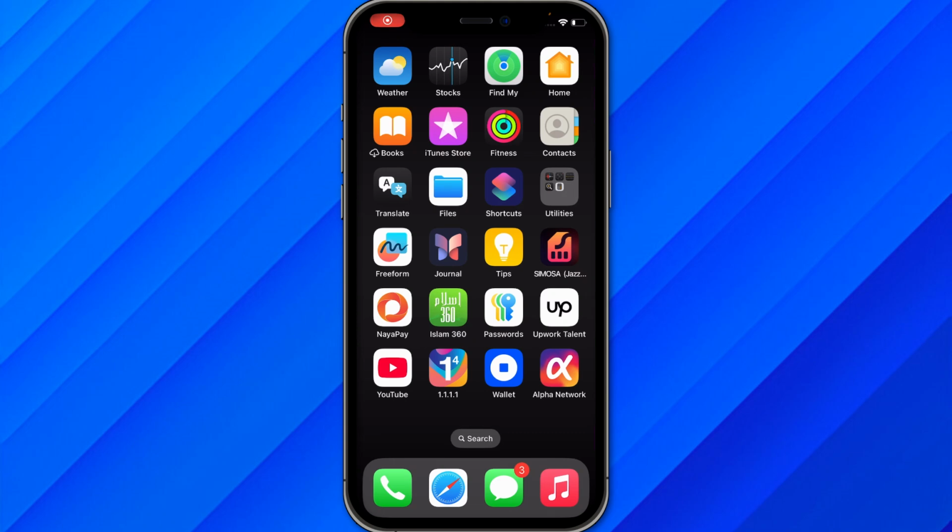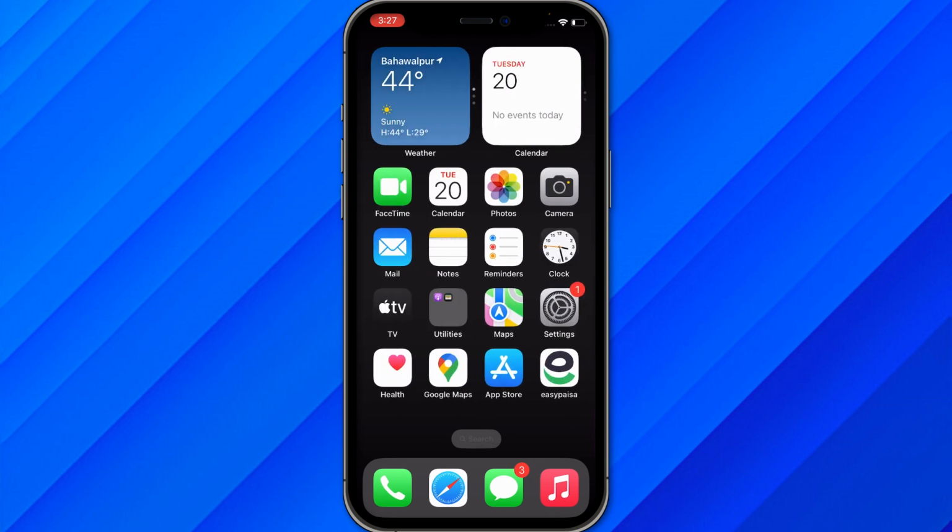Hi guys, in this video I'll show you how to install PSP games on the Android phone. So first step is just go to the Play Store of your mobile phone and search the name of the application